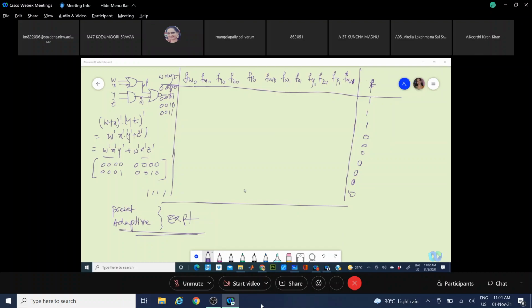Next, derive the method of minimization for an incomplete sequential circuit. Explain the process using an example each. Both the questions, okay? Next.